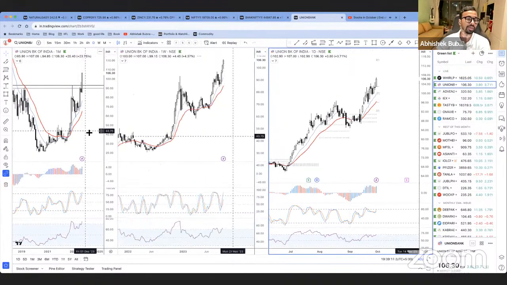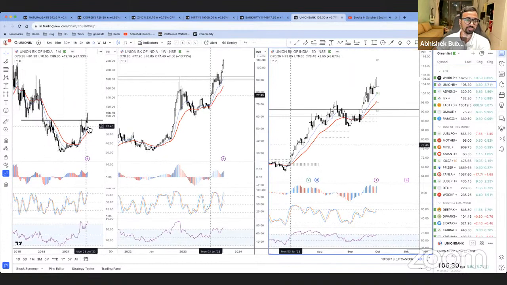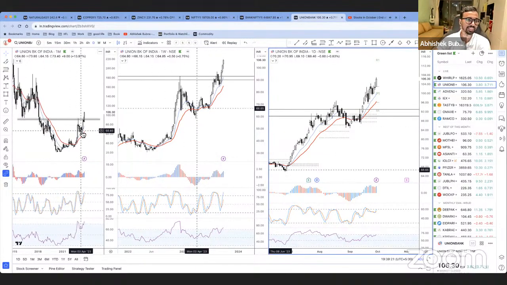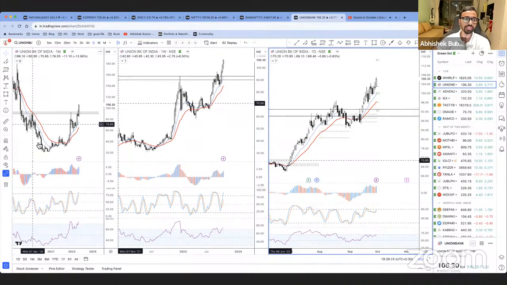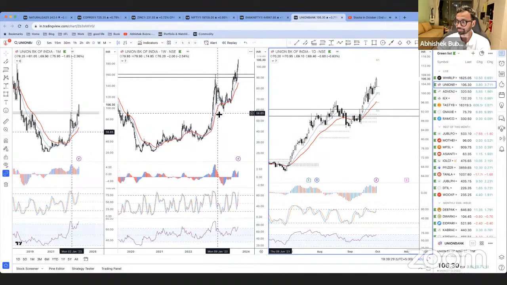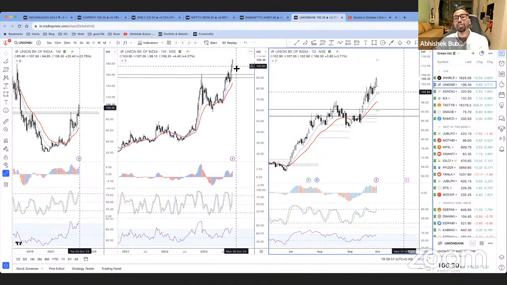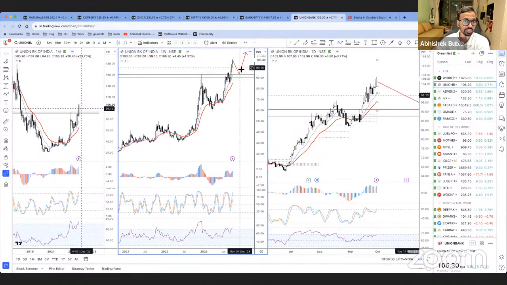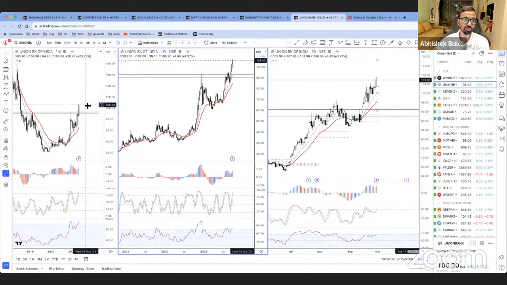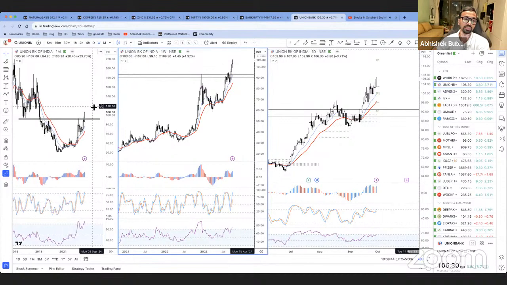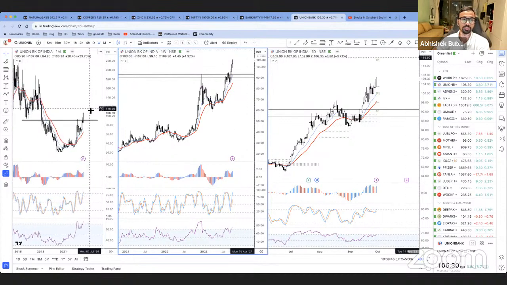Then we have Union Bank of India. Union Bank of India started good at EMAs, bullish divergences, then at EMAs, bullish divergences. Now it was at a resistance level, which broke out, which is also a head and shoulder in the monthly chart. You can see here on the weekly chart, in the middle chart as well. And this broke out. If this happens, this is good. And if there's a follow through, meaning it starts breaking today's high going forward, then this is also a good stock for investment.